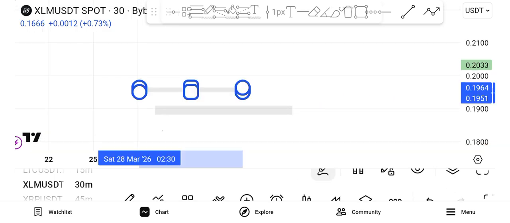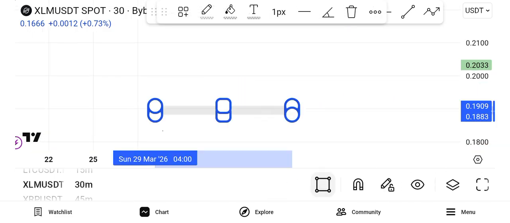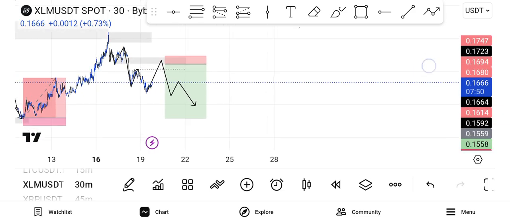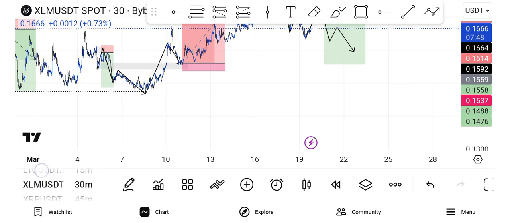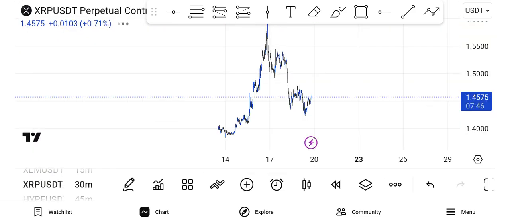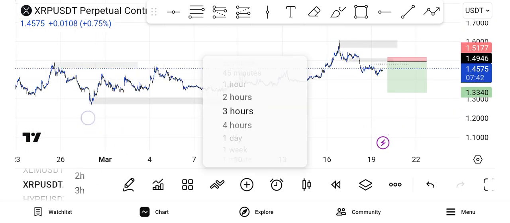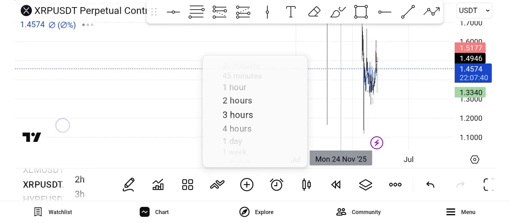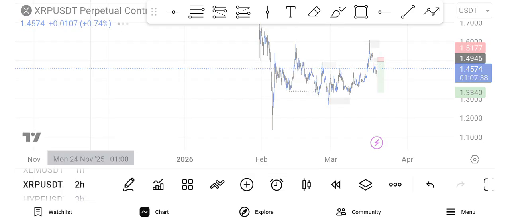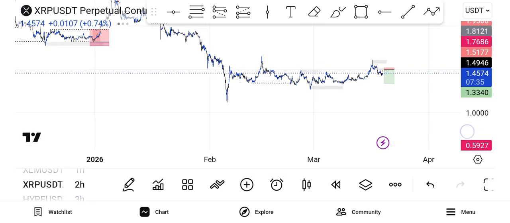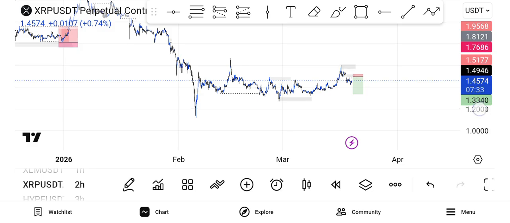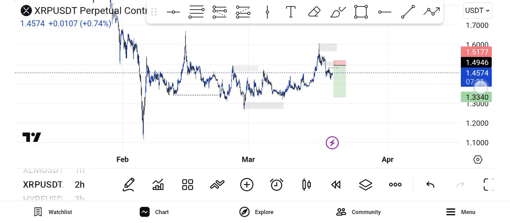The same thing also applies for a downtrend. So let's check that. Let's see other pairs. Let's see XRP. Let me see XRP on the 1 hour. You want to use the higher time frame to identify what the market is doing. And if you see what we have here,